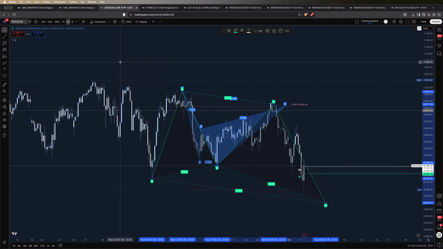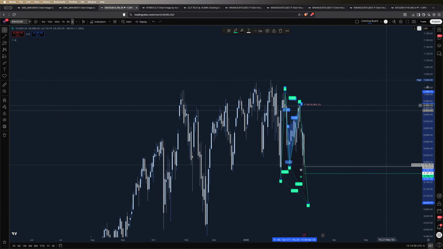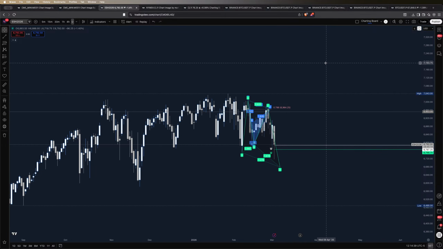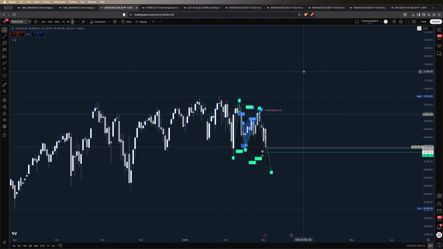But again, it will be important to monitor the reactive move of this pending bullish butterfly at 68.80. Okay, that will be another important point to monitor in the price action for the S&P. Why? Because there are other levels of confluence on the daily, another bullish Gartley pattern that prices may test. Okay, I'm not suggesting we may go into a new all-time high, but as we're moving accordingly,